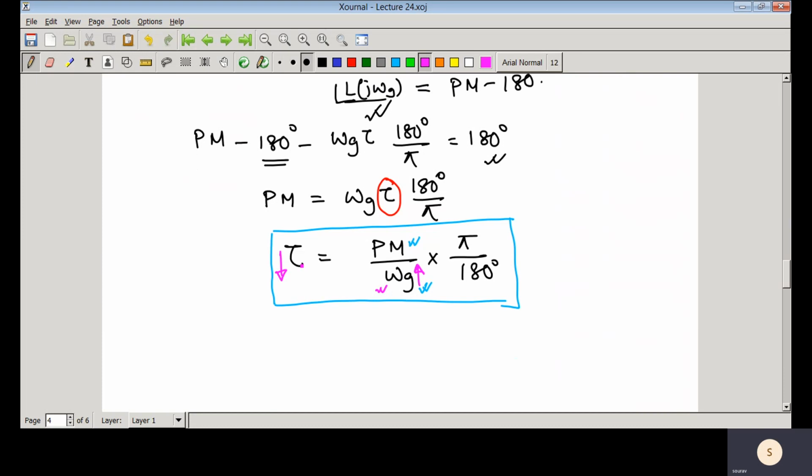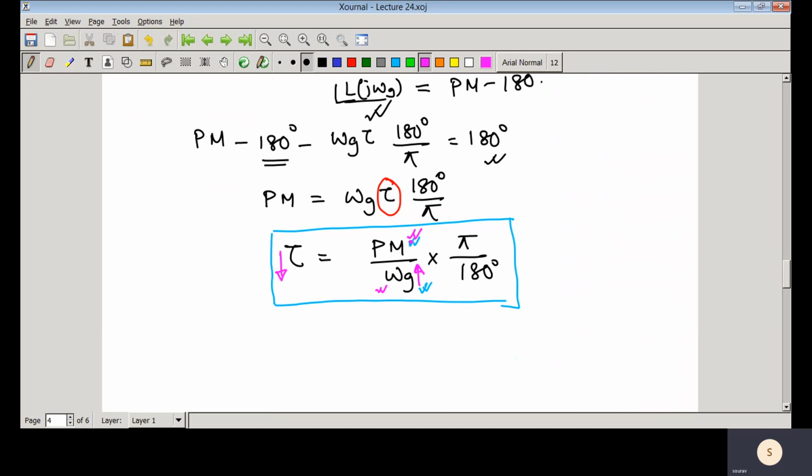That means if we introduce a small delay to the system, it may become unstable. So we should be careful about that. We should not make the gain crossover frequency or bandwidth very high. Or we can also do one thing: in that case we can increase the phase margin. Again, we need to see that whenever we increase phase margin, what would be the gain margin. So we need to make a trade-off between all these things, and keep in mind that these are the relationships.